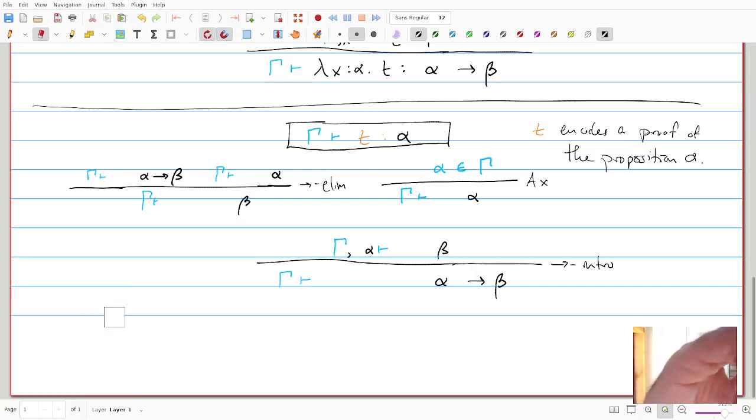So I'll fill these back in quick, and we'll pick this up next time and talk more about this. So, going back to here, this is just saying, look, instead of just assuming that alpha is true, some proposition, I'm actually saying X stands for a proof of that proposition. So if you have not only the knowledge that it is true, but you actually have a proof of it, then I can just hand you back that proof and say, here's your proof that alpha is true. Right? This one says,